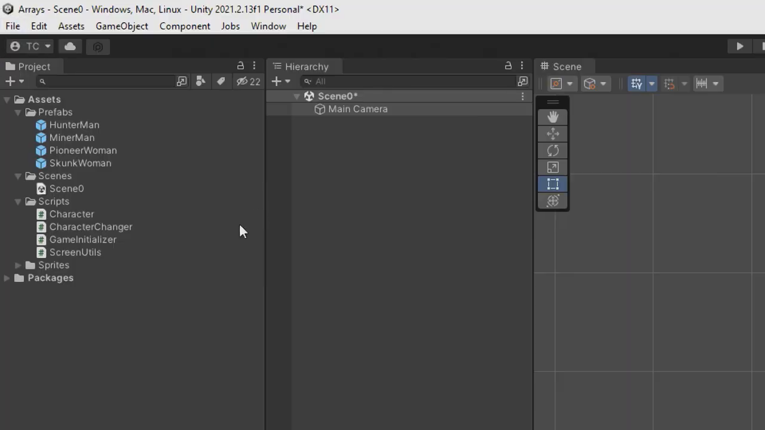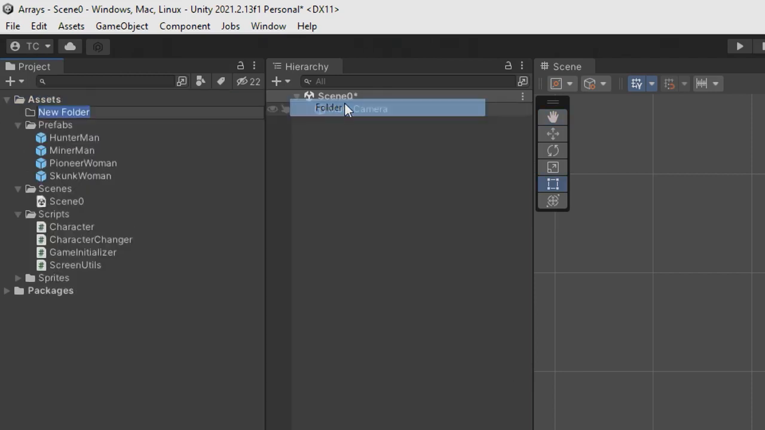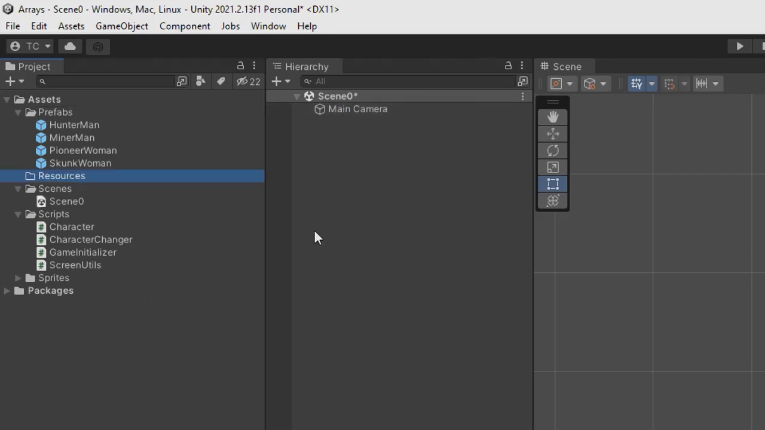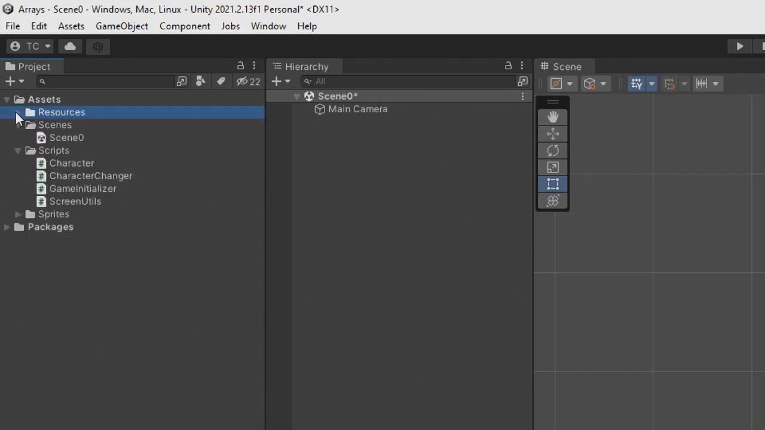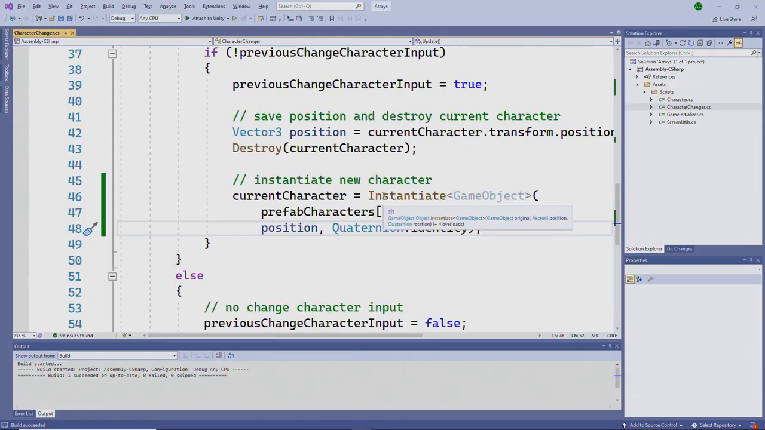rather than doing it from within the editor. The first thing I'm going to do is over here in the assets folder, I'm going to create a new folder called Resources. And it has to be spelled exactly that way, and it has to start with a capital R. Now I'm going to take my prefabs folder and drag that into the Resources folder. So now I have this folder of prefabs essentially marked as resources that I can load from scripts as I run those scripts. Back in our character changer,